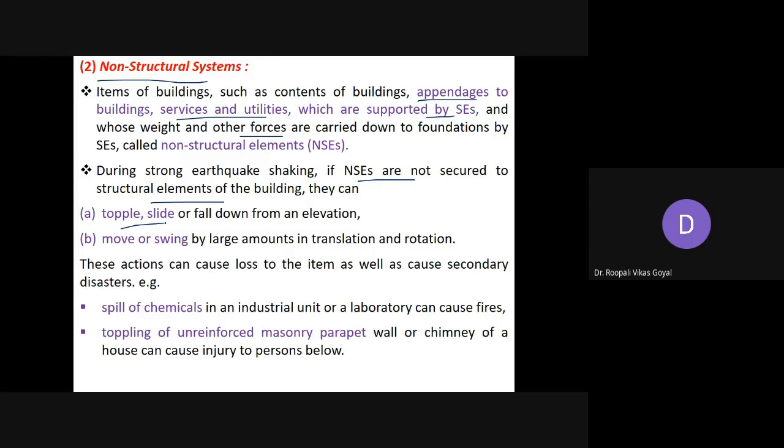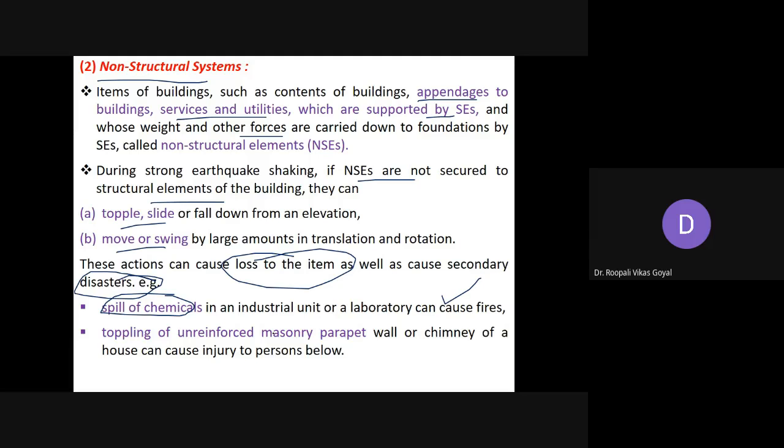Okay, also it may move or swing by large amounts in translation and rotation. Through this action that may cause loss of the item, as well as it may cause a secondary disaster. For example, in some laboratory or industrial unit, some spill of chemicals may result in fire, toppling of the unreinforced